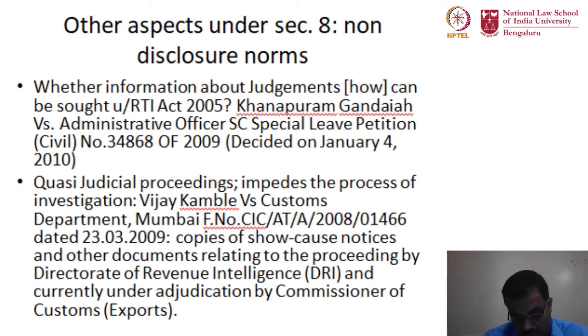81H of the Right to Information Act, section 81H very clearly exempts information which would impede the process of investigation or apprehension or prosecution of offenders. So any information that may impede the process of investigation is exempted, right? And hence you will notice that that is a very clear exemption that judicial proceedings can take, and they need not entertain the Right to Information Act if providing the said information impedes the process of the said investigation.